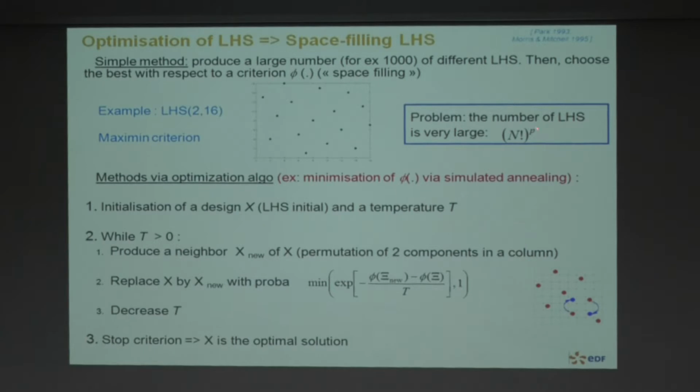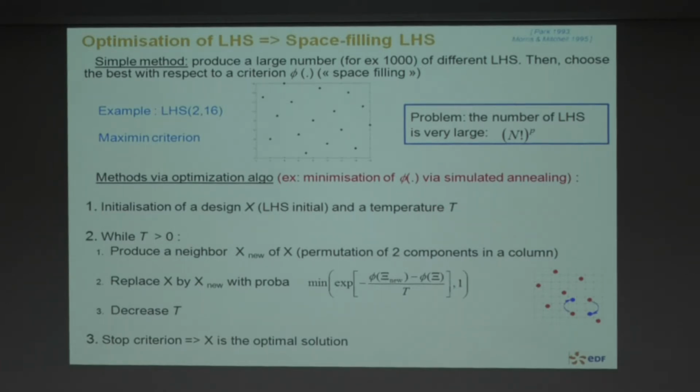Because this is a very complex combinatorial problem with a very large number of solutions. So it's impossible to find the solutions, factorial n power p. Imagine if n equals 10 and p equals 10, I don't know how to compute this, but it's too much. Okay, so the idea of the optimization algorithm is first to initialize a design, so you choose an LHS,